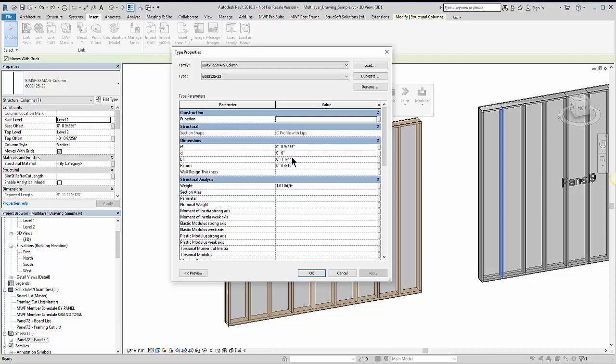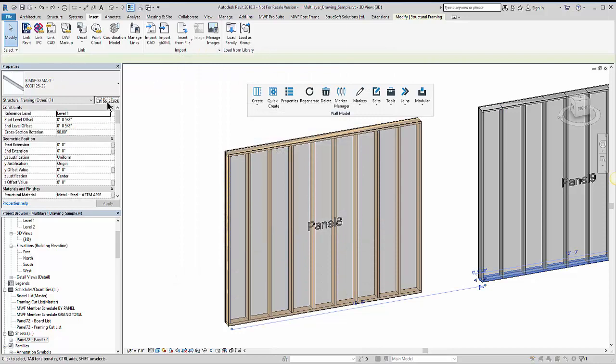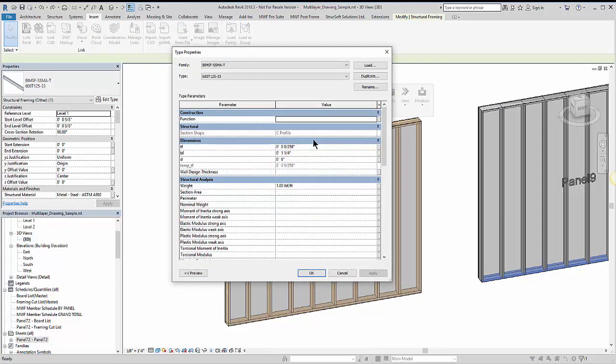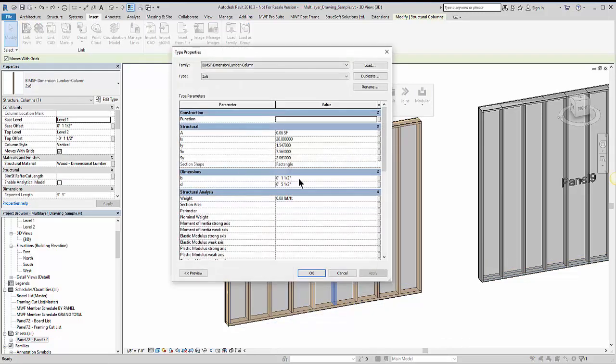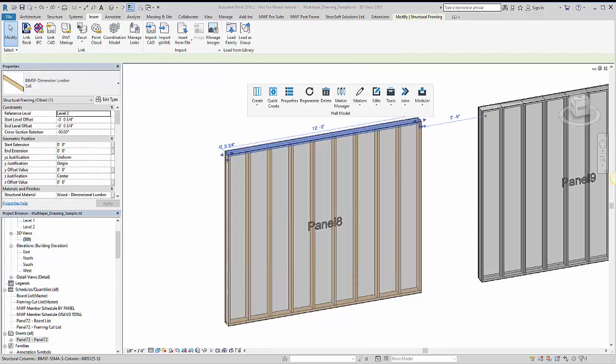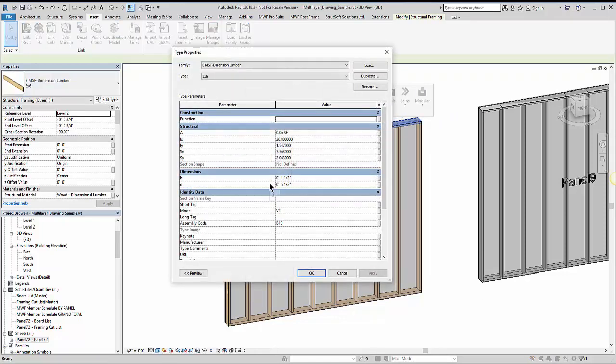If you are dealing with light gauge, your section shape should have an accurate description of what the profile is. And if you're dealing with lumber, it should say rectangular. So all of our families have now been updated with these section shapes. But if you are working in an existing project and these are listed as not defined,